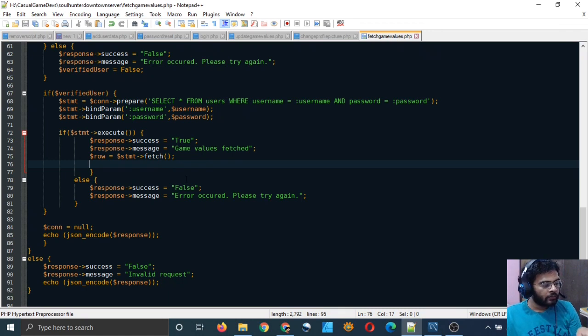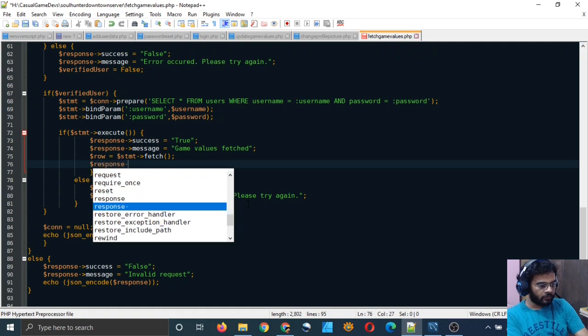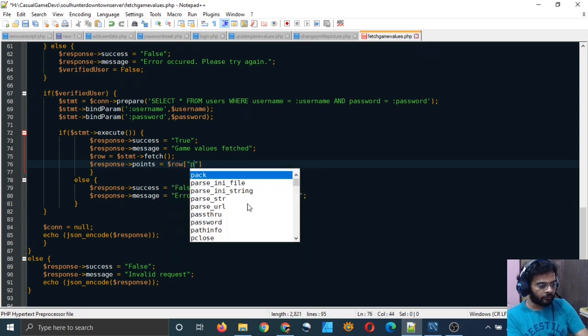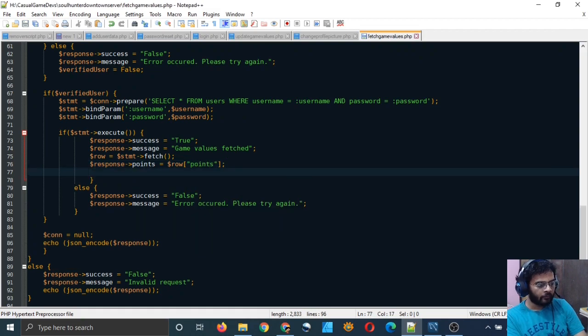So row is an associative array of all the columns which have been fetched from the database, and we have to access that associative array. So let's access it now. We wanted to store our points in our points field in the response variable. So you can do this, row points, right?